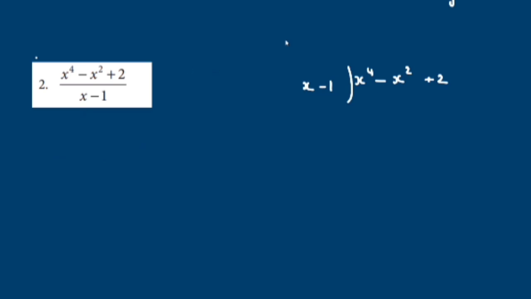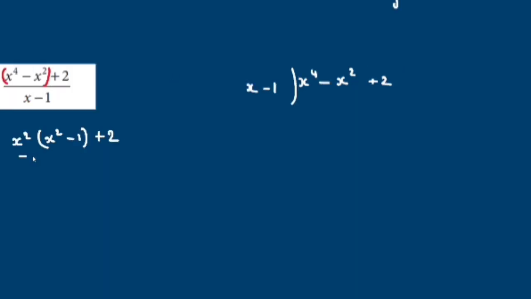See, you can group these two. I'm going to use the identity here. I'm not going to divide here because I know this is very easy when I use the identity. So I am going to write this x power 4. First, I am going to take x square outside from these two terms, x square into x square minus 1. So I am able to factorize this. That's why I am doing it like this. Otherwise, you have to divide. So x square into x square minus 1 plus 2, divided by x minus 1.